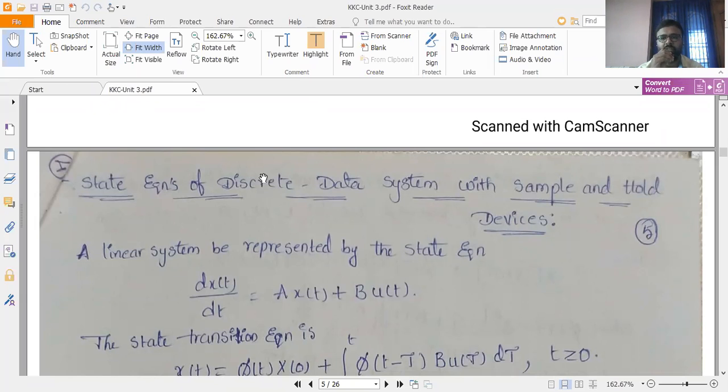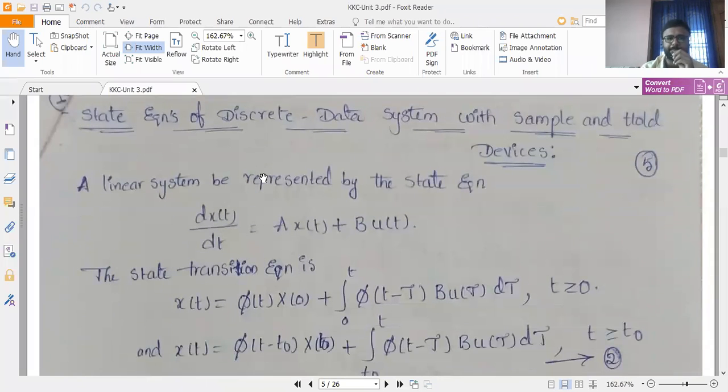Sample and hold devices are nothing but the devices which allow the sampling process and holding for a while. Okay, so the next topic is regarding the deriving of the state equations for the discrete data systems which are considered with sample and hold devices. Okay, so without any delay,